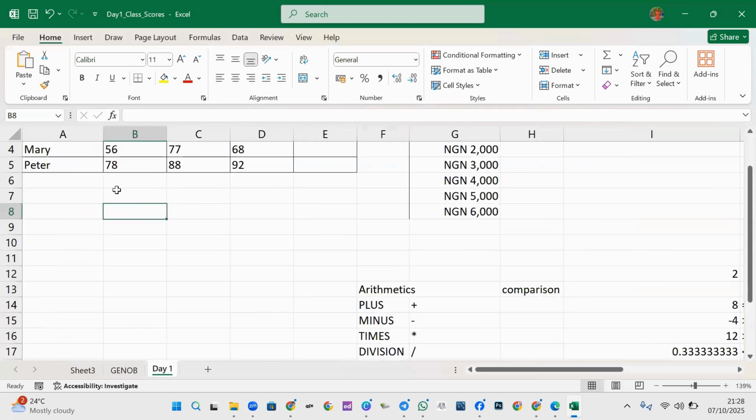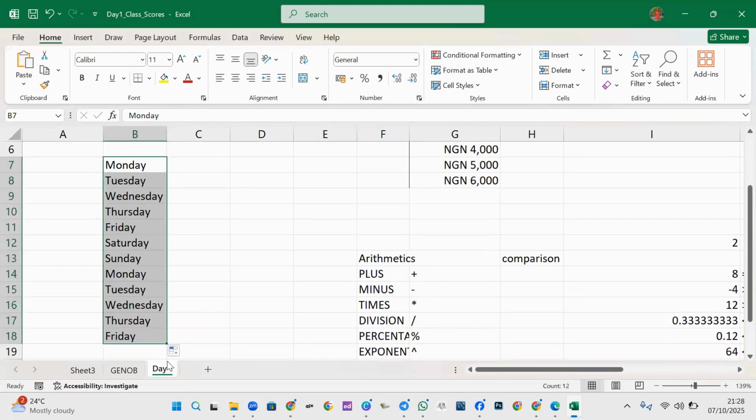I type Monday here. After Monday, what is the next day of the week? Who can tell us? If you know it, you type it. If you don't know it, I move on, so I'll not waste your time. Tuesday, I guess. So if I drag down,